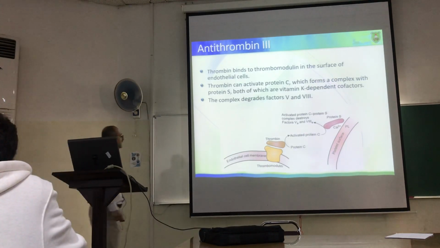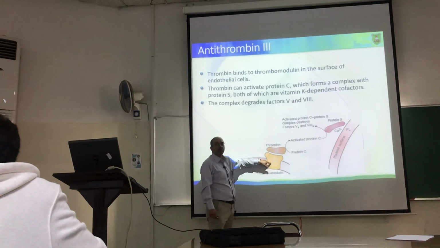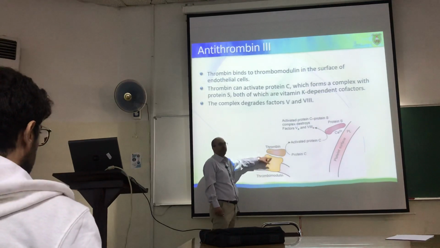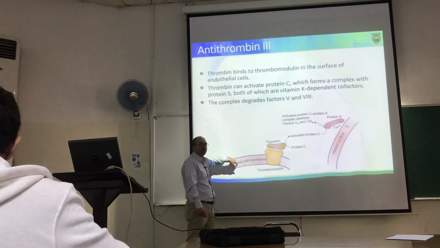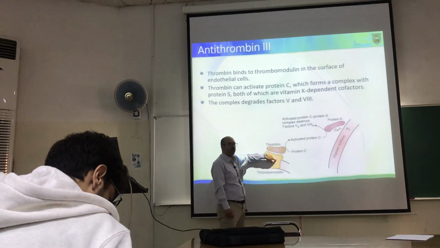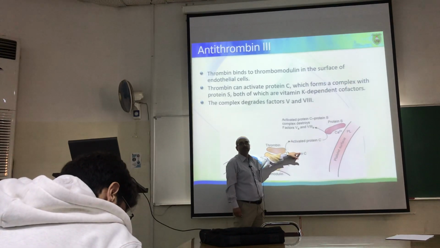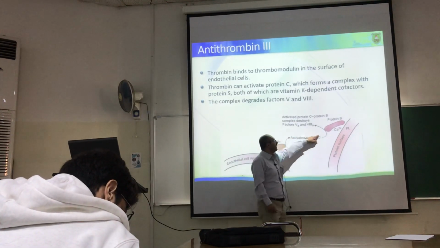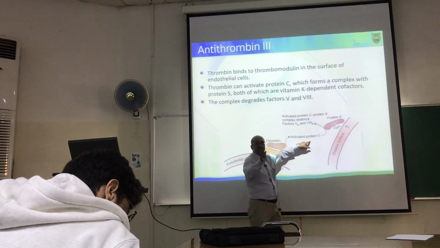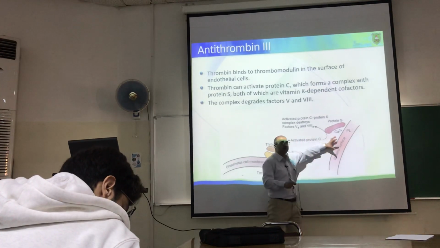Okay? What happens is that once you have thrombin in the system, it binds to a protein known as thrombomodulin. So it modulates thrombin. And this protein is present on the surface of endothelial cells. Once thrombin binds to thrombomodulin, it can convert and activate protein C. Protein C binds to protein S. Remember, these two have the same glutamate domain that can be carboxylated, so they can bind to the surface of